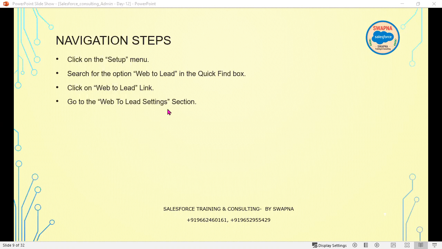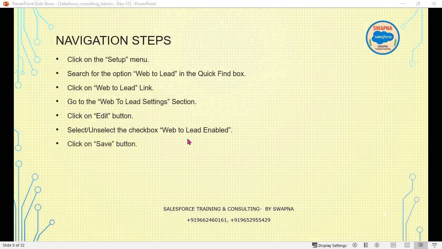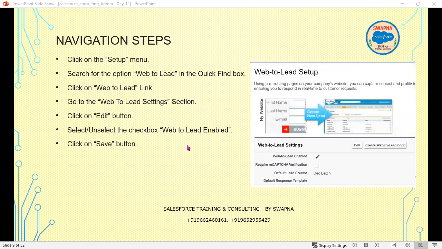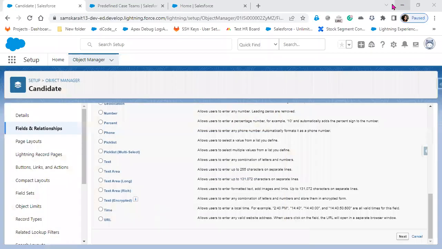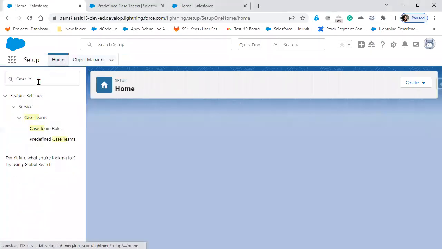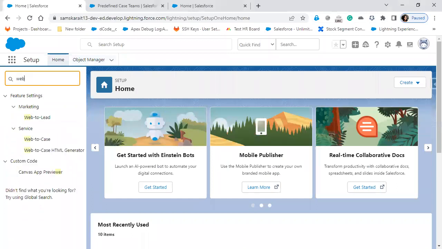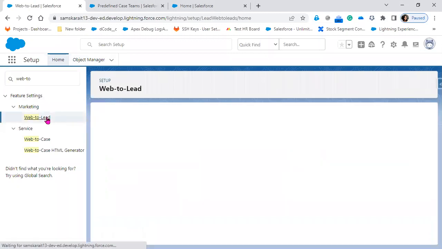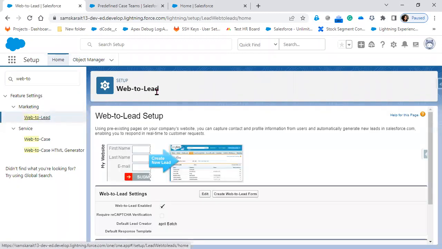Now go to the web to lead settings section and then click on the edit button. When you click on the edit button, select the checkbox web to lead enabled, and then click on save. So basically this is the screen you will see. Okay. So let me go to the navigation steps. In the navigation step, search for web to lead. When you search web to lead,